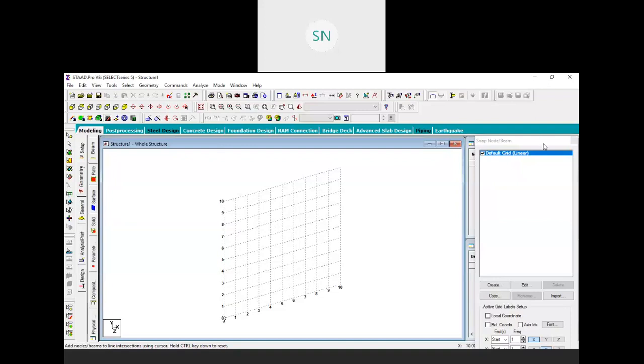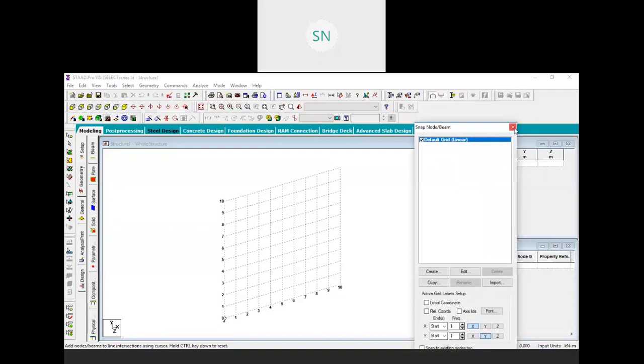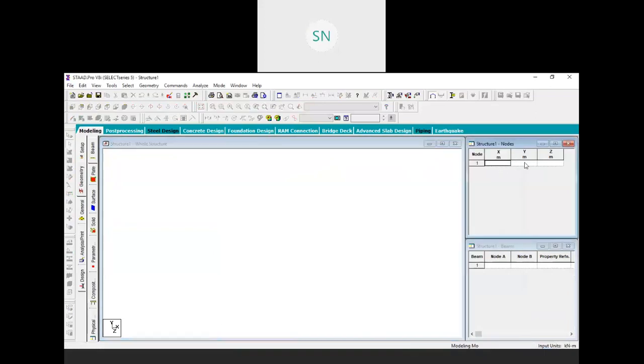The other method is using a command file, that means we can place our coordinates over here and then join each and every node and create our model. So these are the two methods that we discussed, and also we discussed the translation repeat and circular repeat, right? So do you have any query up to this point?